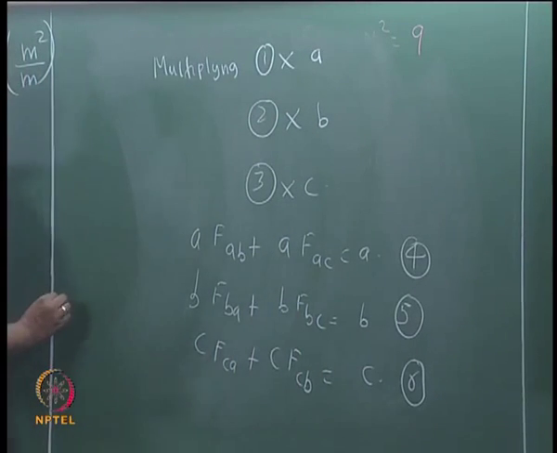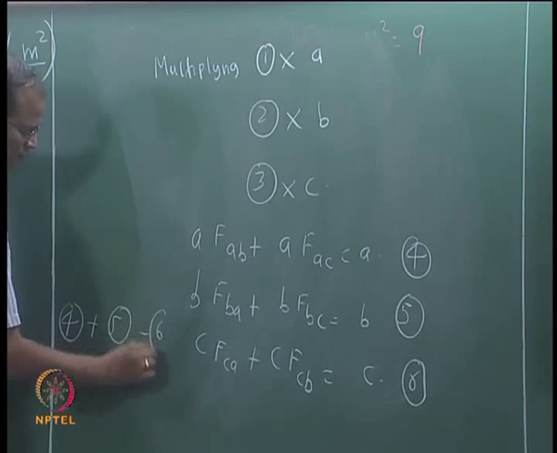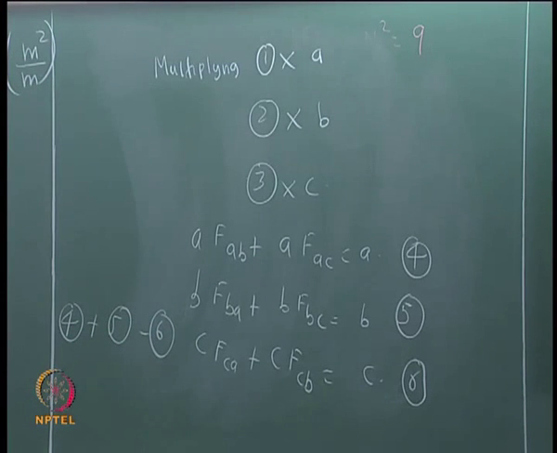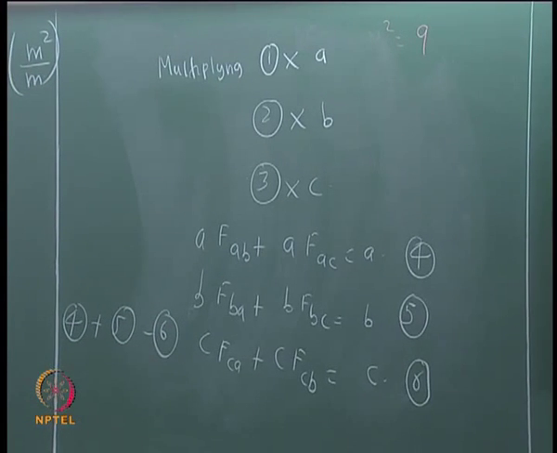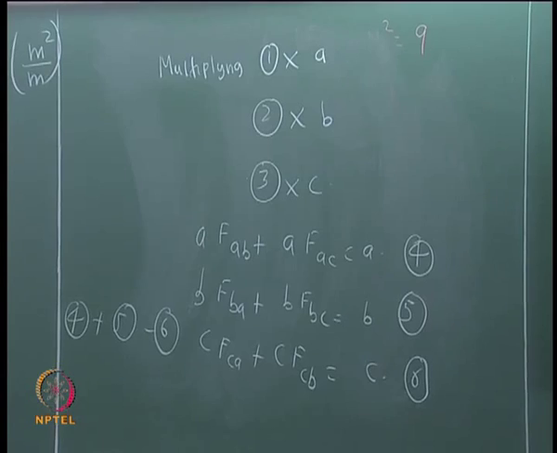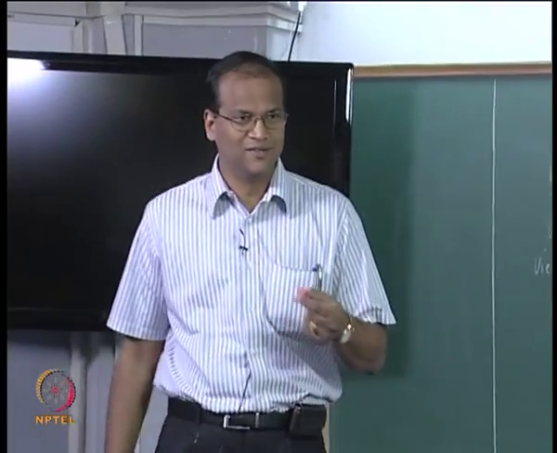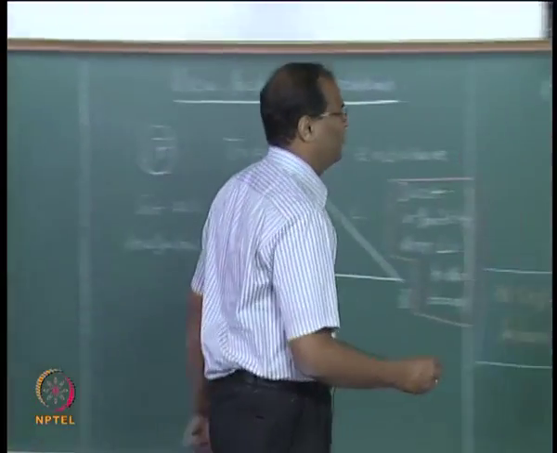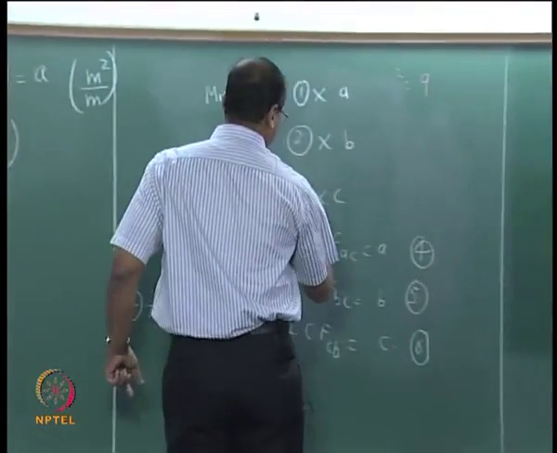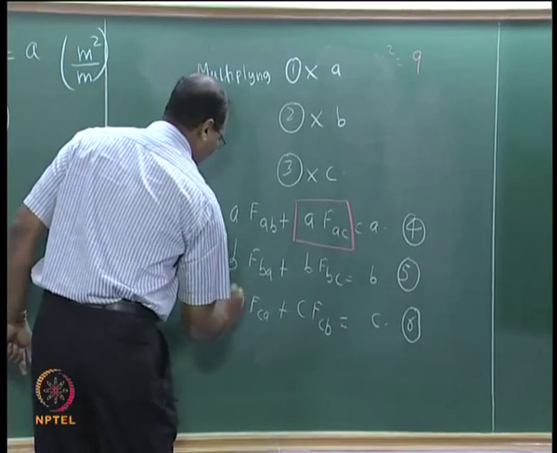Now what I do is now I do 4 plus 5 minus 6. Now I can exploit the use of color chalks. Okay. So what I am going to do is exploit the availability of color. Okay.